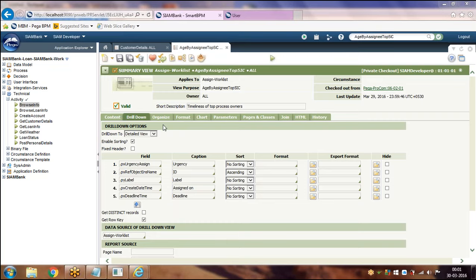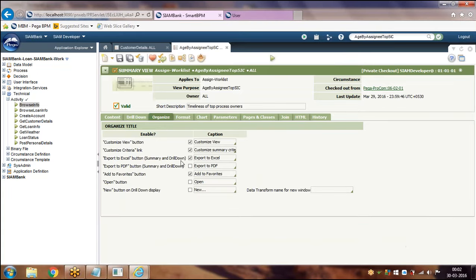When you just click on a row, you can drill down to the detailed report. Using these drill down options, on click of just a single row or anything, you can drill down to the detailed report. And same like that, in the organized tab, you can have export to Excel options and all these options same like in list view as well.